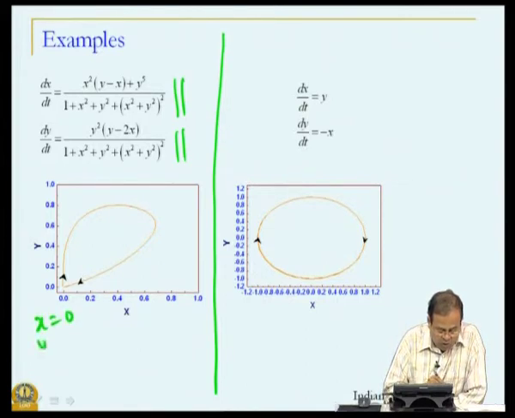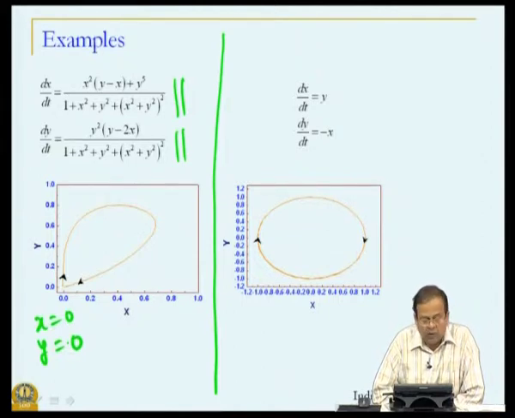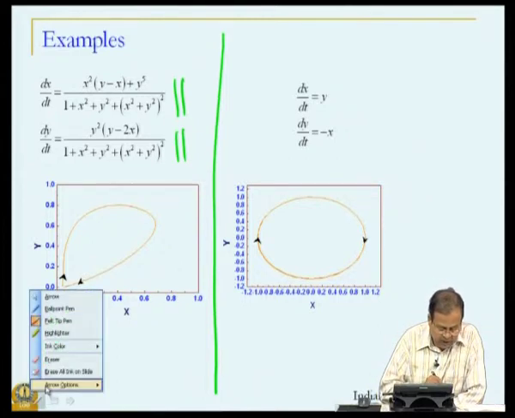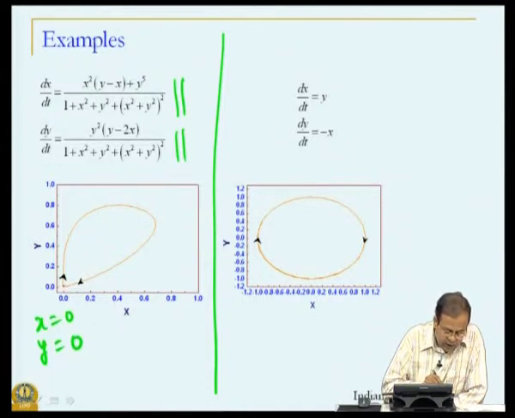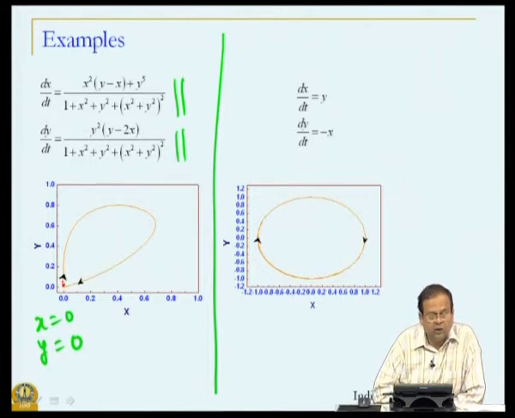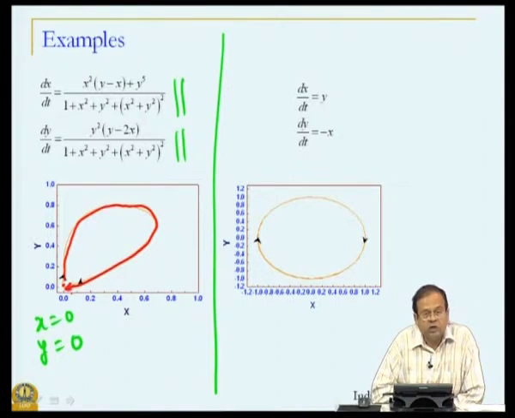Its steady state value is when x is equal to 0, y is equal to 0. Now, if you actually look at the dynamics of this system and try to look at the trajectories, it turns out that if you take any starting condition, as time progresses it actually comes back to 0 and 0. So, the system is attractive.